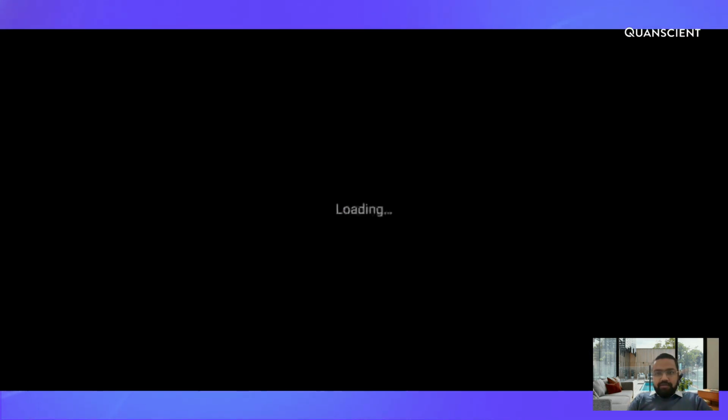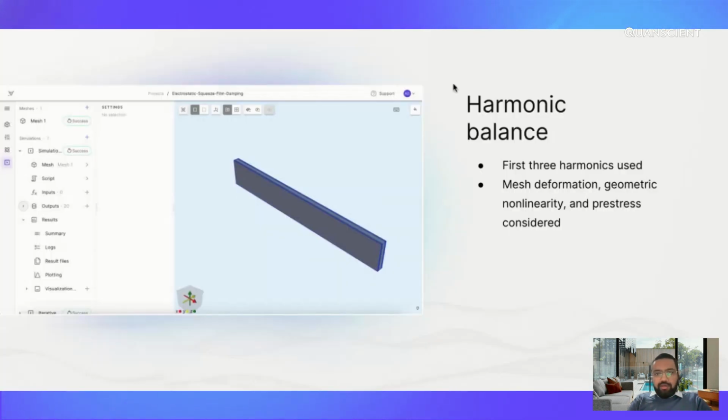And in this case we'll use the harmonic balance method as shown by our CTO Alexander. I would use the first three harmonics. We will have mesh deformation included, geometric nonlinearity, and also pre-stress included in this case. So let's move on to